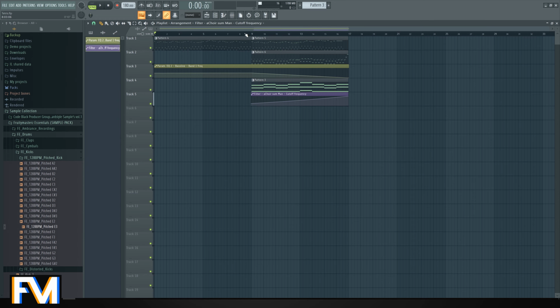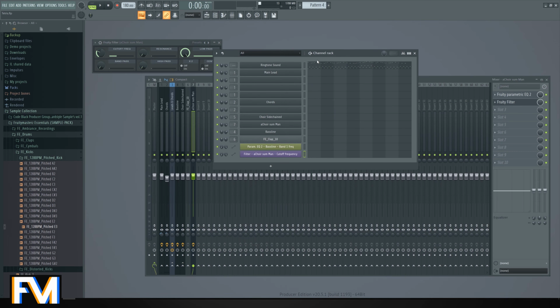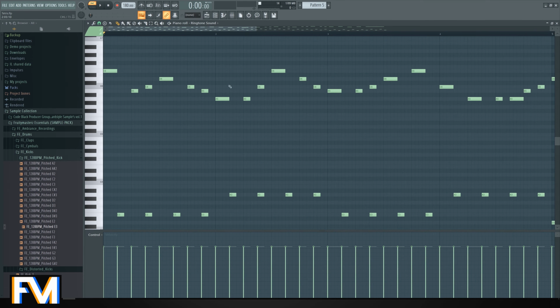Alright, something like this. And perhaps we should introduce some type of other lead, so it won't sound so solo. I'm thinking this one. Okay. Let's do the same rhythm as here.